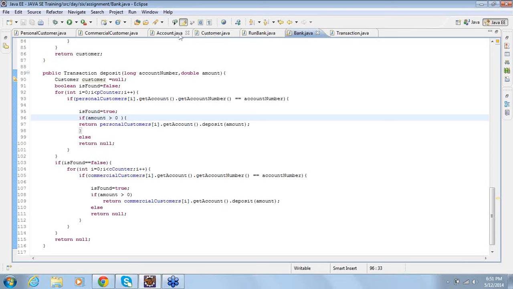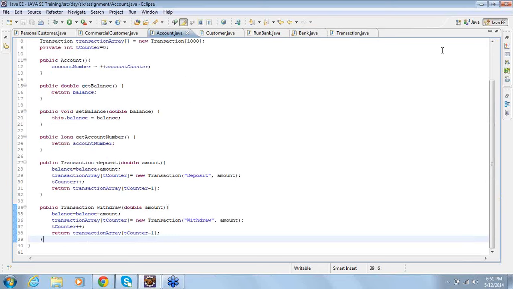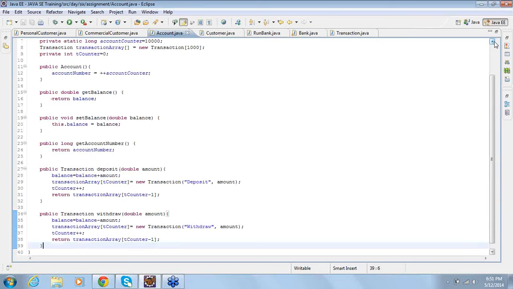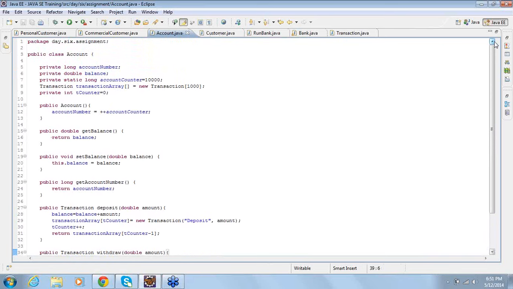So the thing is, what extra attribute we added was a transaction array to the account class. Then am I displaying the transaction details?